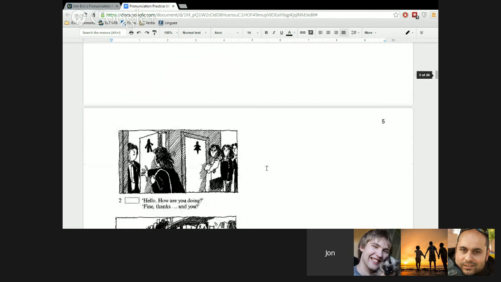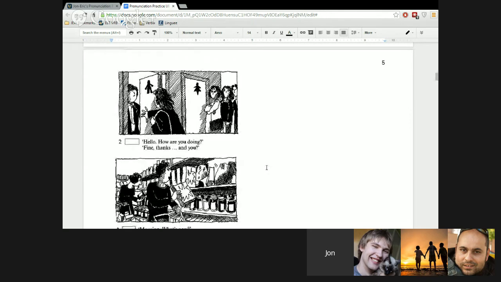Okay, going on to page 5. Daniel, look at picture number 2. Where are they? What's happening? It's a woman who is trying to get into a men's bathroom. It's bathroom, right. We're looking at the picture in the present, so you can use the present continuous because it's happening at the moment we're speaking. She's trying to get into the men's bathroom because